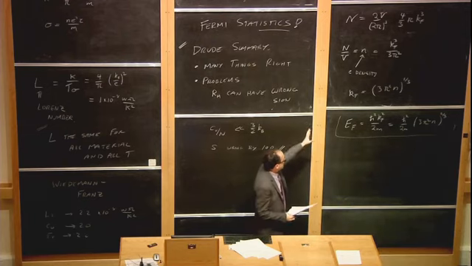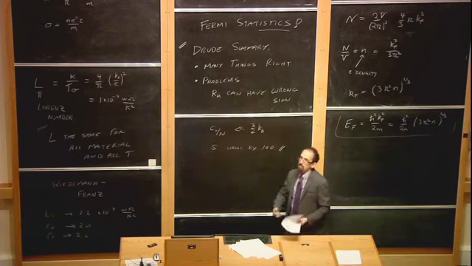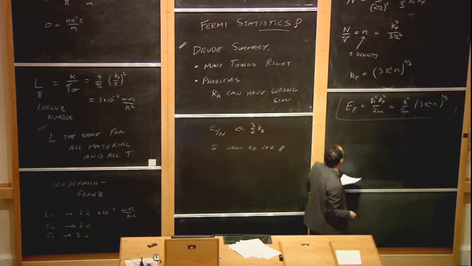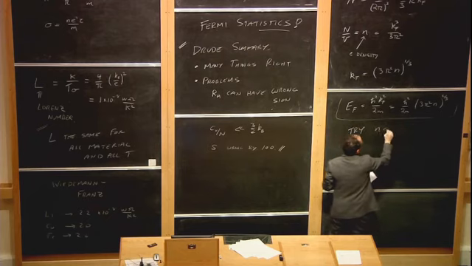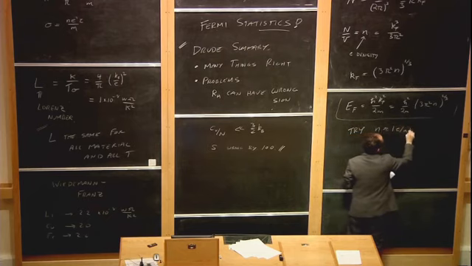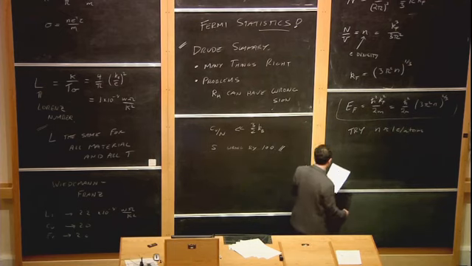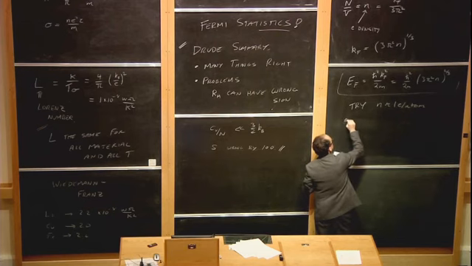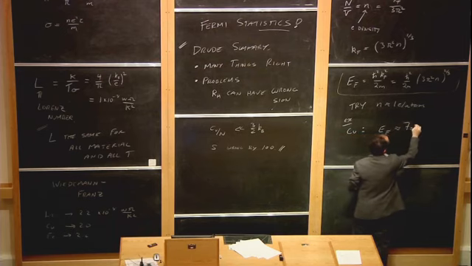So it tells us what the Fermi energy is in terms of the density. So, how big is the Fermi energy? Well, first we have to figure out what the density is. What density should we use? Well, let's try a density of about 1 electron per atom, which seemed to work pretty well for Drude theory, at least for some of these metals. If we do that, say for copper, we get E_F is approximately 7 electron volts.